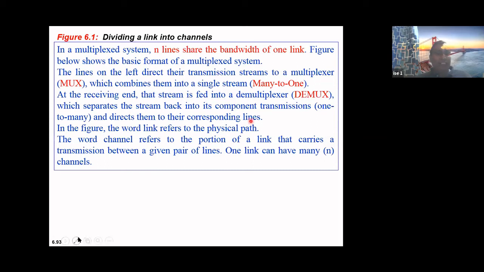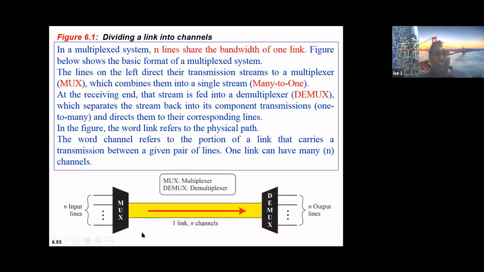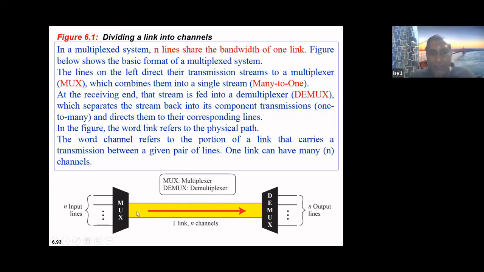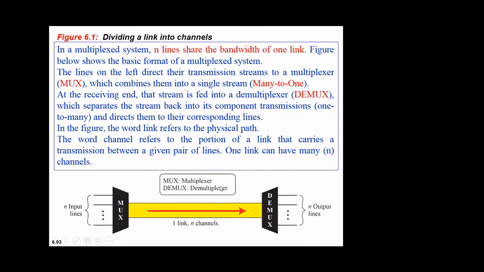So this is the concept of demux. Let us see how exactly this is achieved in the next slide. So this is what is done. I have n input lines, and this bandwidth is large enough to accommodate the combined bandwidth of all these n input lines. You people are understanding? Yes or no? Yes, sir.